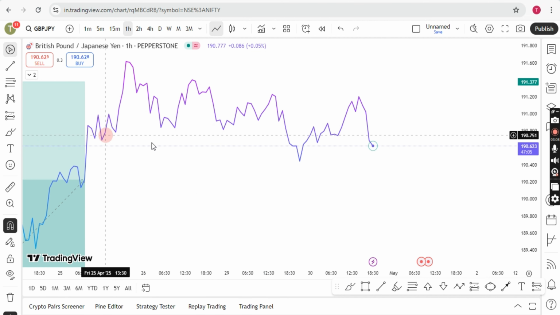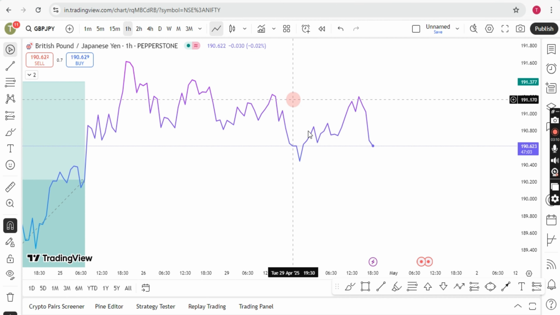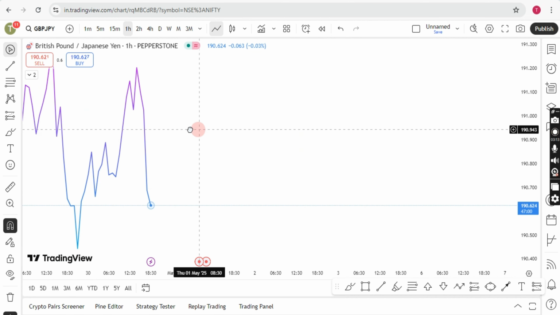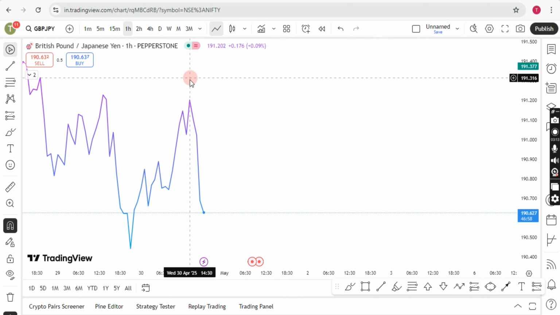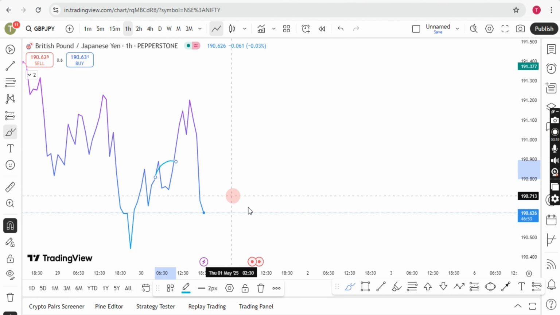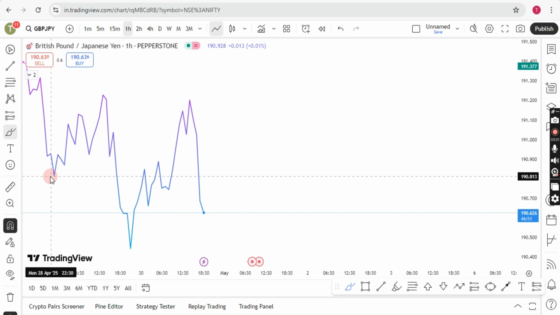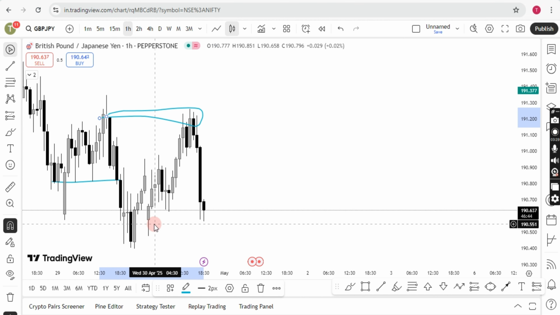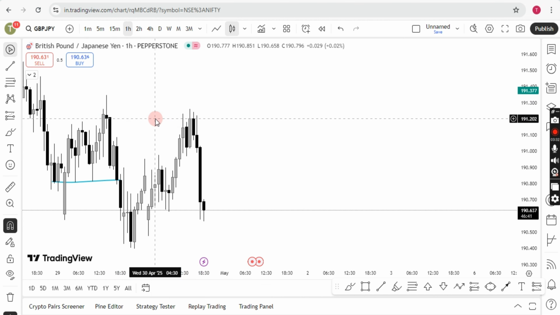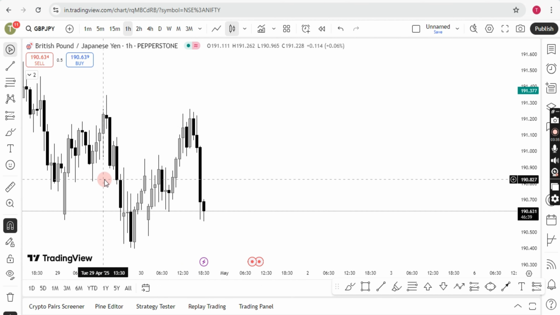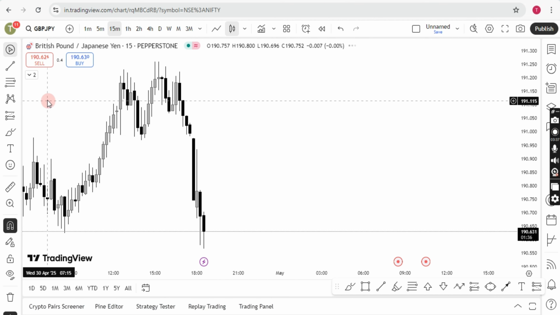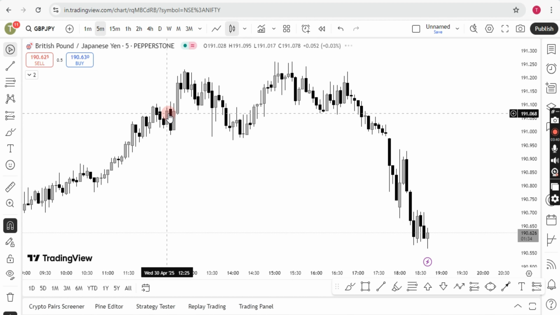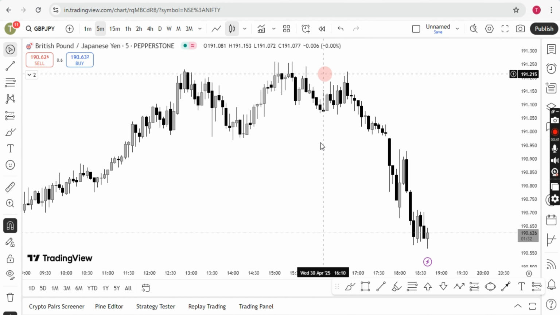Once you see a breakout structure to the downside, look for trades to the downside, though the price is going up. See, if you see this area, you think, oh, this is a breakout structure, it is going up. This is internal. If you consider this a breakout structure, then it would be wrong. You just see that the external breakout structures have come, so we only look for sell trades in this area. And now when we shift to the candlestick chart, you just have to find the order block, and then from the order block you can wait for a lower time frame change of character or market structure shift, and then you can take the trade.